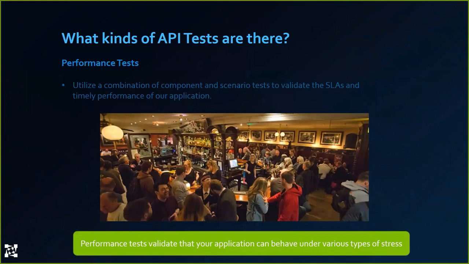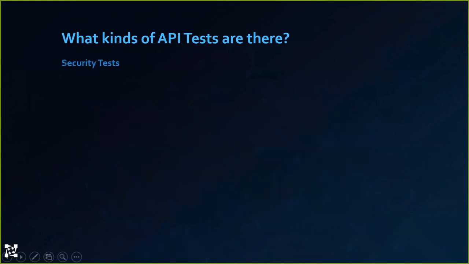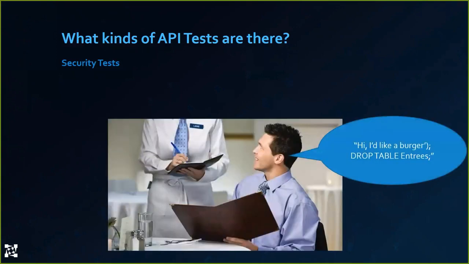So once I have my performance tests set up and ready to go, let's take one step to the side. Instead of going up this ladder, let's take one step to the right and look at security tests. Now, what security tests will allow us to do is check for any existing vulnerabilities within my application. So if, for example, we had one customer come up to our waiter and say, "Hi, I'd like a burger that drops the entrees table in our database," first of all, our waiter is going to take a step back and say, "Wait, what?" Second of all,